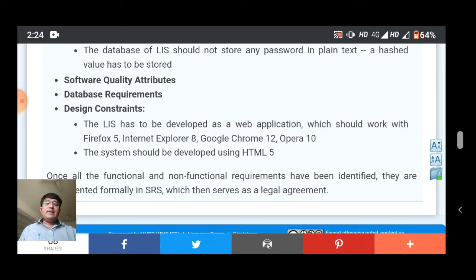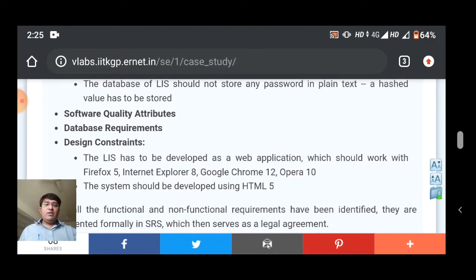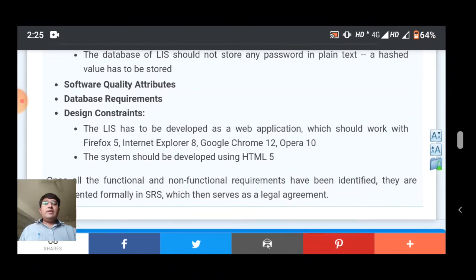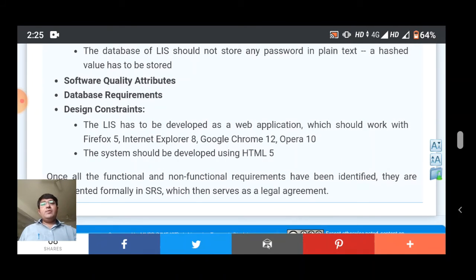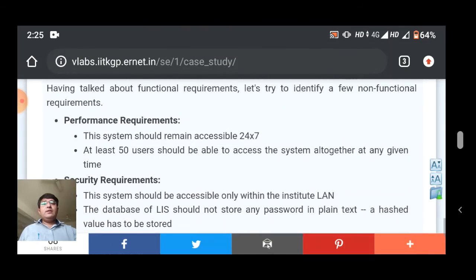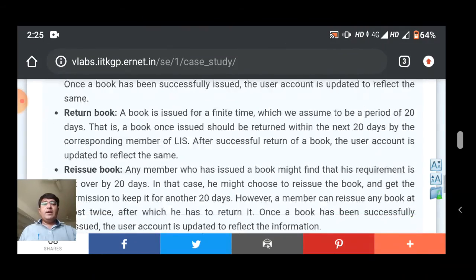If you are creating the design, the library information system has to be developed as a web application which would work with Firefox 5, Internet Explorer 8, Google Chrome 12, Opera 10, and the system should be developed using HTML5. So these are all non-functional requirements, because they are not related to any function. They depend on your system, speed, and accuracy.